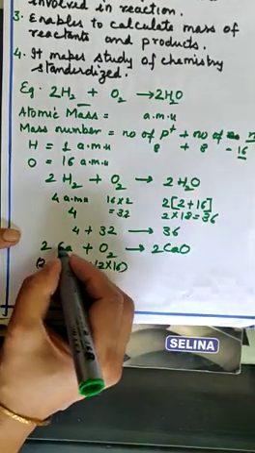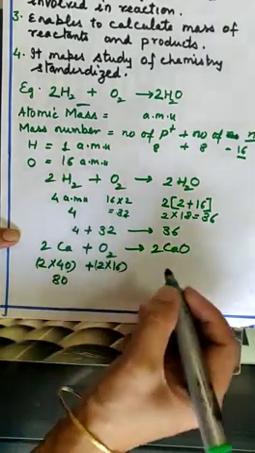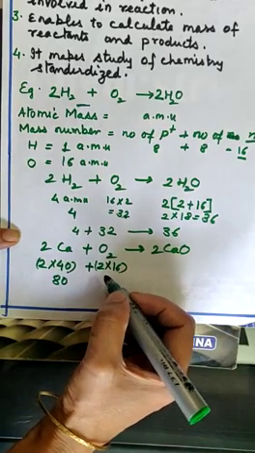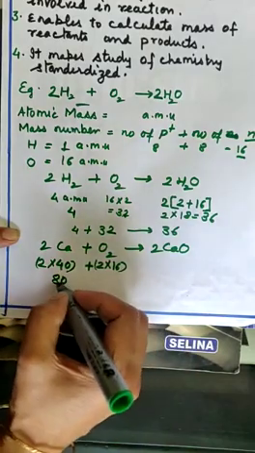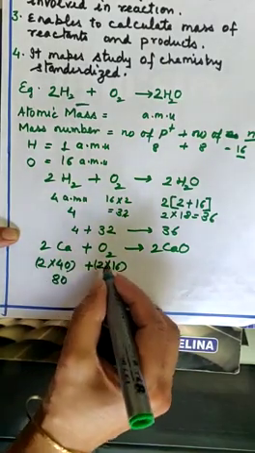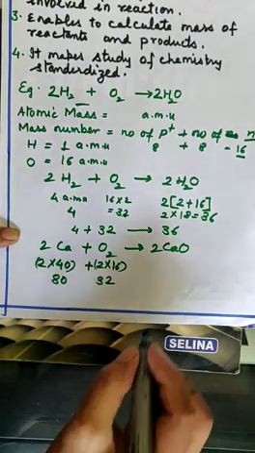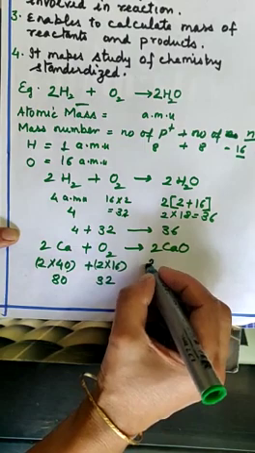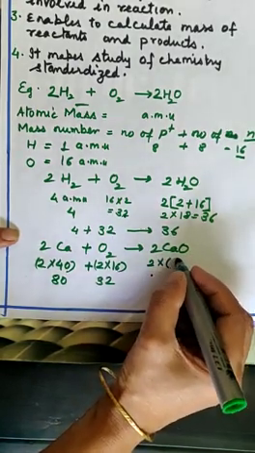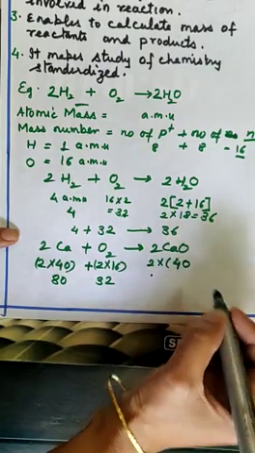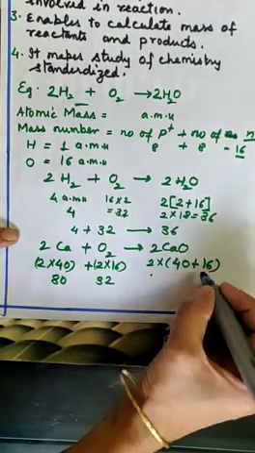it means 80 unit mass of calcium. When we say unit, we mean any unit, whether it is atomic mass unit or gram or kilogram or some other unit, all will stay correct for this. So 80 unit mass of calcium combines with 16 into 2, that is 32 unit mass of oxygen to form 2 into, because 2 molecules and 1 molecule consists of 1 atom of calcium, that is 40 unit mass, and 1 atom of oxygen, that is 16 unit mass.